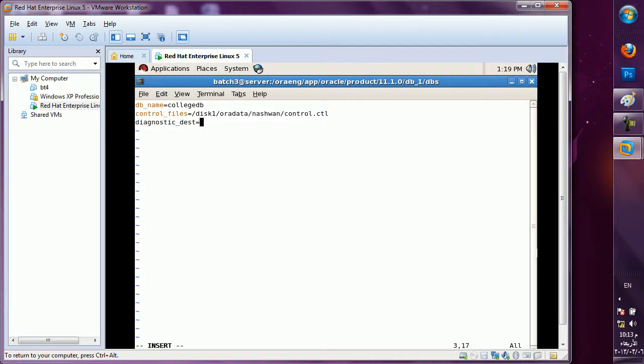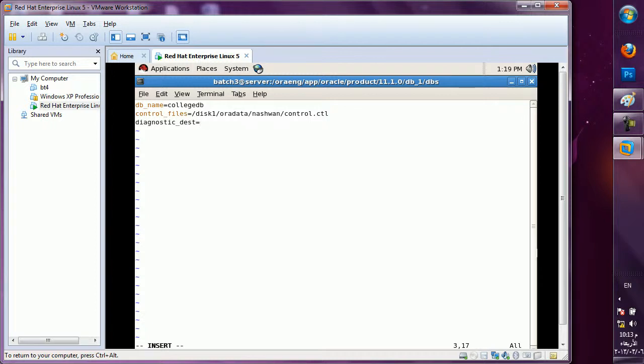In 10g, three different folders we have to create, including core dump for hardware related problems.